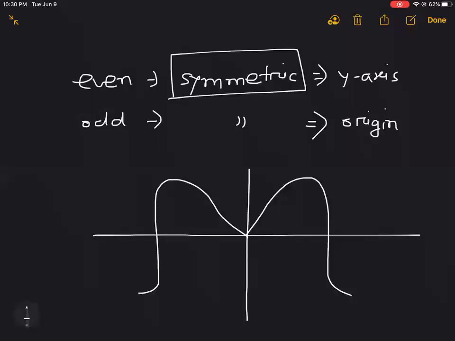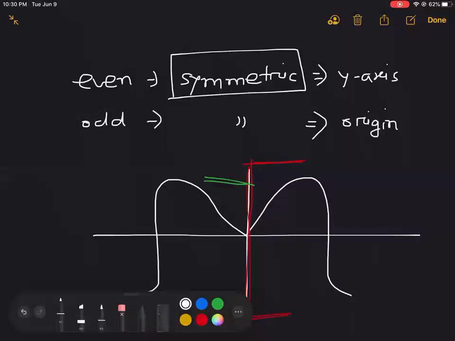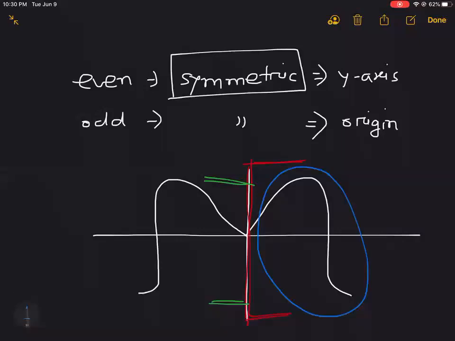So now, in terms of the y-axis, which is this one, if you separate these two parts, as you can see, this part looks exactly like this one, right? Just a mirror image of that. So we call that the graph is symmetric to this y-axis. So this is even. Okay, that means look alike. It looks like a mirror image or something like that. Okay, so